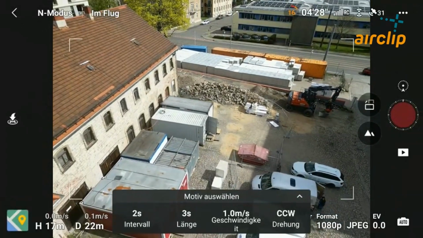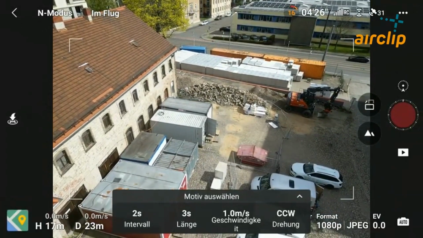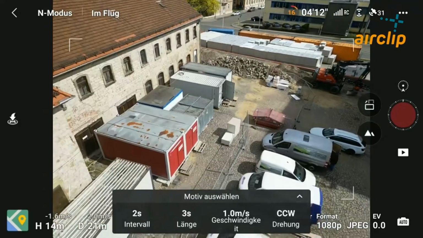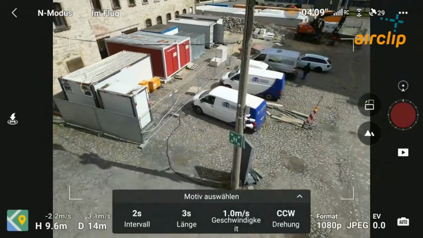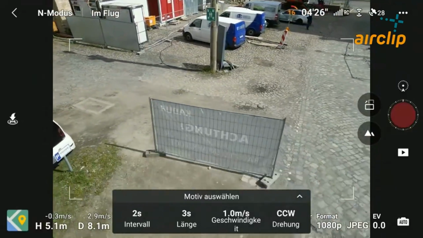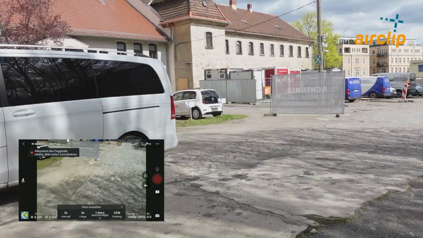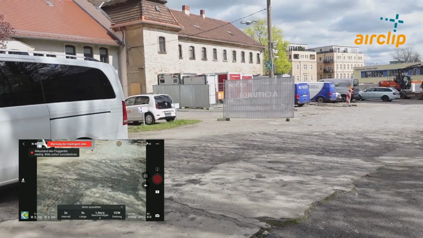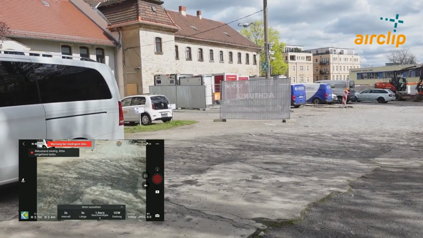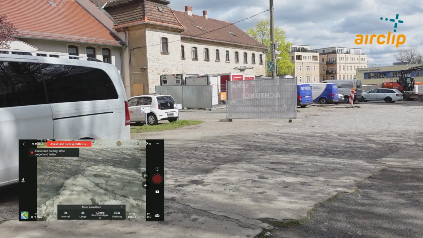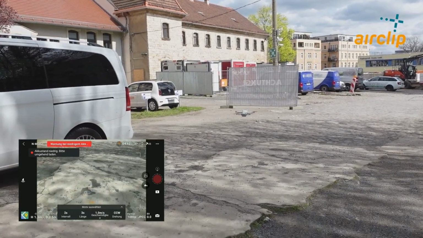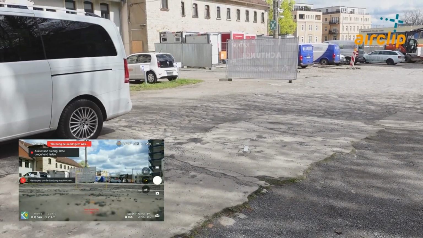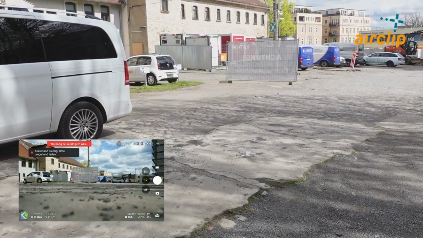Usually you want to fly around 360 degrees, and you can also end the mission by pressing the button on the right hand side in order to not produce too many images, because that takes more time in processing and obviously more data storage. So now we are returning with our drone and all the images are collected successfully.